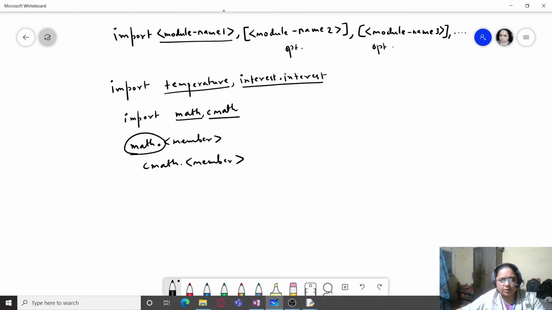Whichever member you want to use, you just have to qualify it using the name of the module and a period symbol. So that is how you can import more than one module in your program.